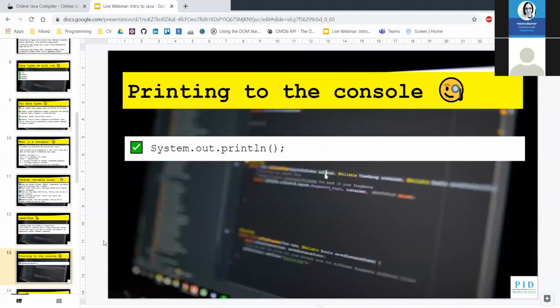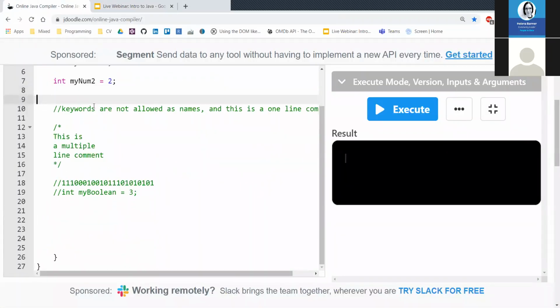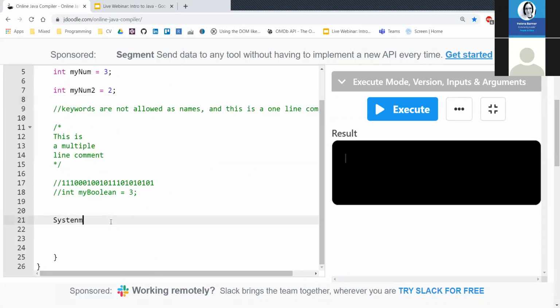Now, one interesting thing here. Soon we're going to start working with and displaying things to the console. This is the way you print a variable or something else to the console. I'm going to talk about it more once I'm typing it. So let's say we already have a couple of variables declared, right? So I'm going to type here system